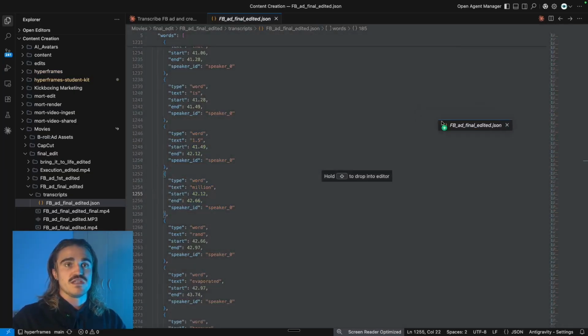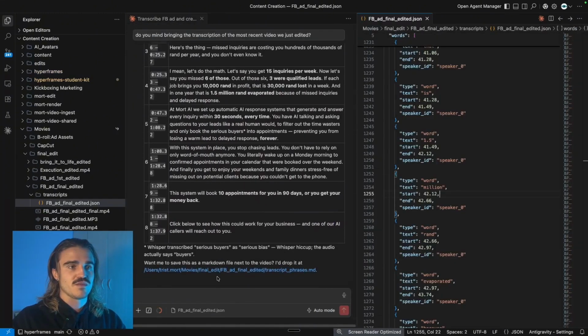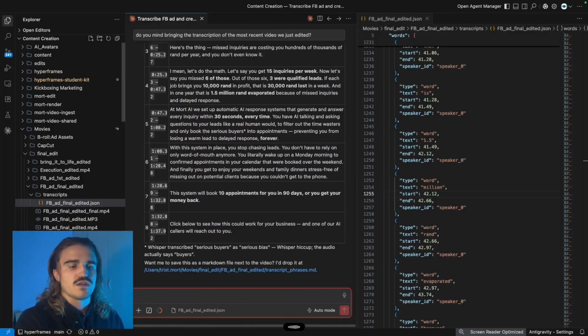Now this is so easy. I'm just going to drag this to the side here so I can actually see what work I'm doing. So now I'm going to say, all right, so according to the fb_add_final_editor.json transcription, where I say 1.5 million on the 41st second and 42nd second of the video, I would like you to add a quick cut to another navy blue screen where the number 1.5 million rand gets counted up to from 0.